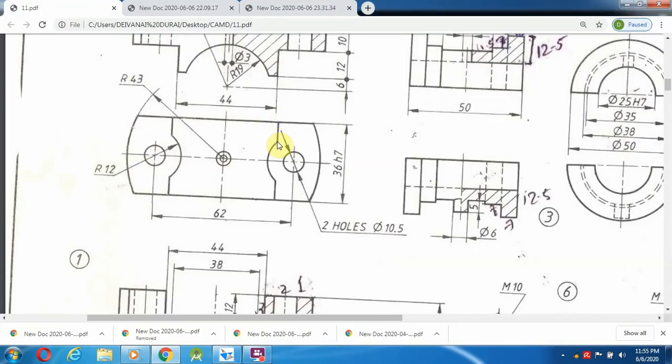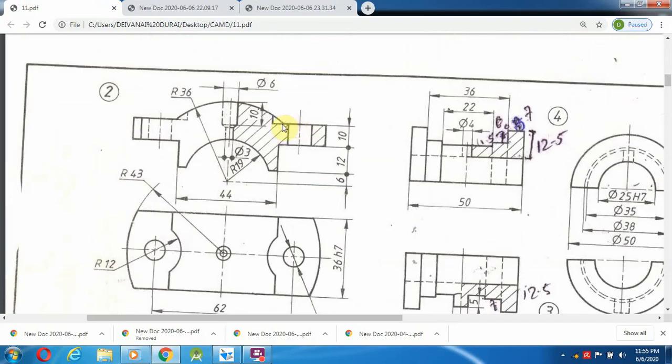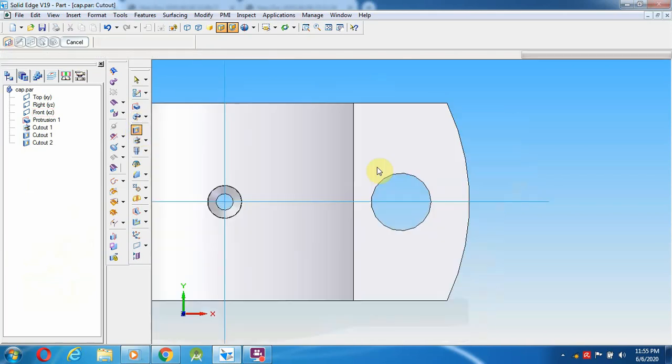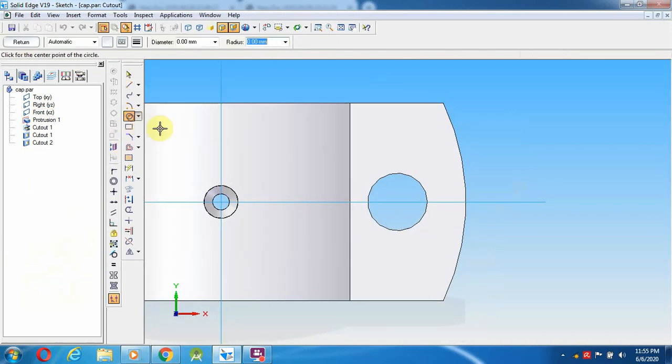One more point is this curve. Here you can see the edge, but in this area it will be empty because the section is this one. Nothing is there, only this curved edge, and that is what they are showing. To create this, go to cutout, select the top, select the circle option.